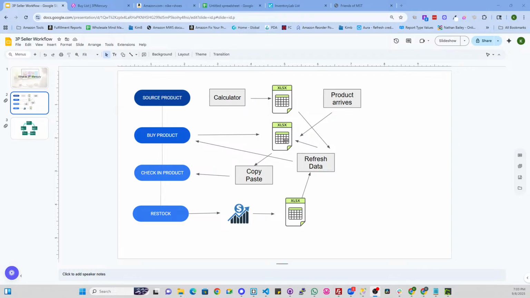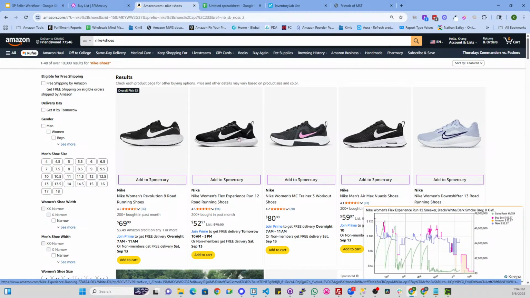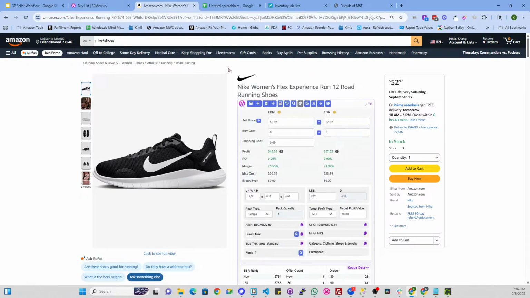Then you go through this whole process. I'm not going to walk you through all these things right here; I'm going to show you. That's the whole point: I'm going to show you what would normally have to be done manually, and then I'm going to demonstrate it the easy way. Hopefully I can accomplish that today, and then I would have succeeded. So I'm going to start here. Let's say I go find some Nike shoe that I want to buy. I'm just going to pick some random product. It doesn't mean I can sell this product, and then you would have a